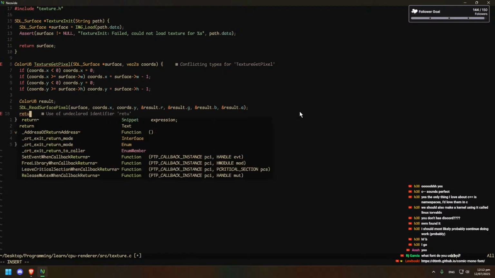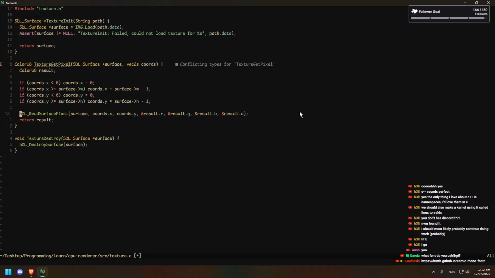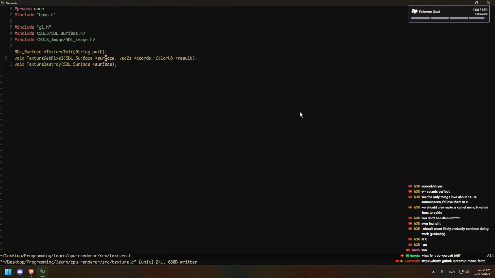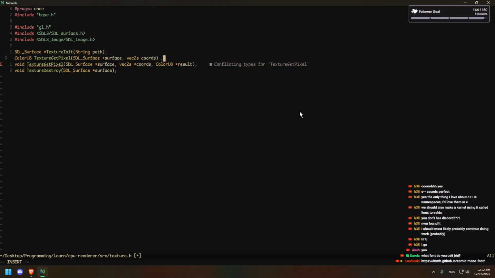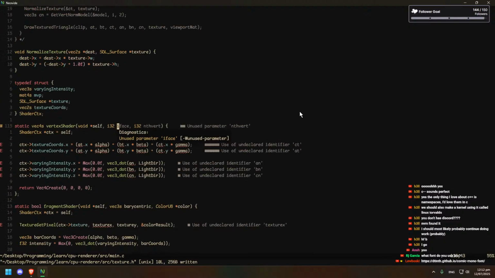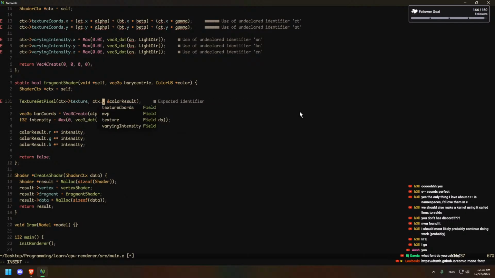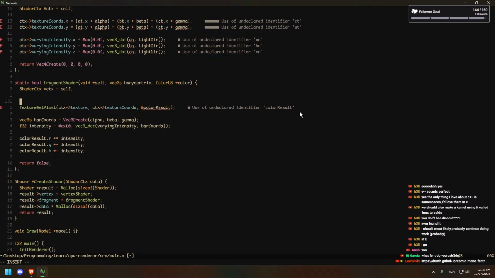And then just return result. This can be defined at the top, right? Okay. Starting to look a bit better. Then you can just send it CTX texture coords and color result, or